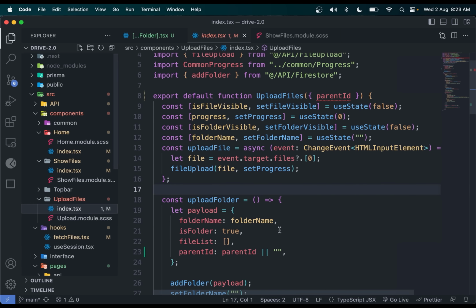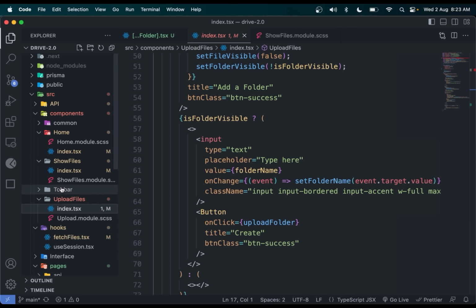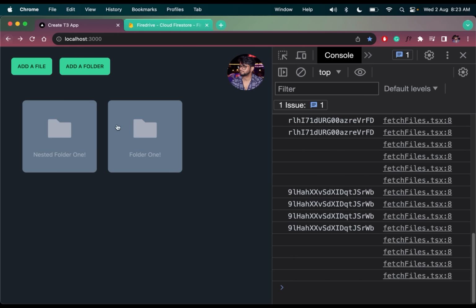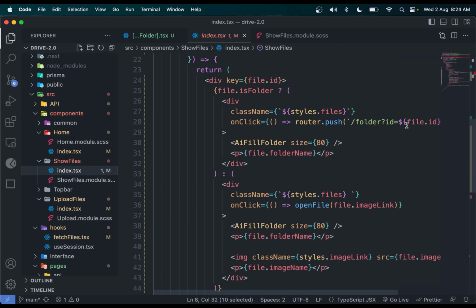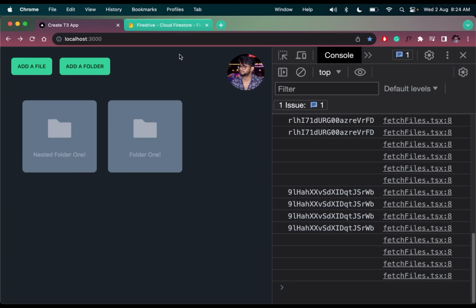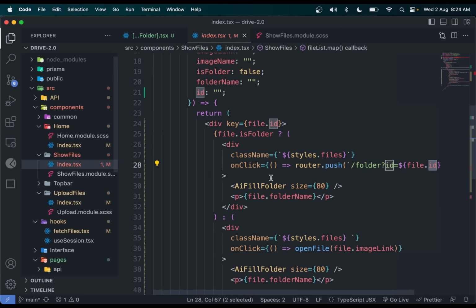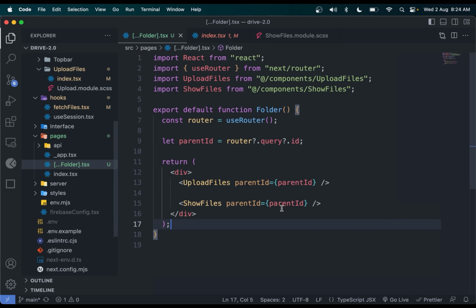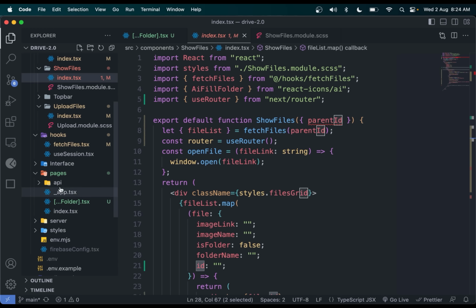So if I come to this upload files, no. Okay, where is the base of this? If I am clicking this show files, we are just, okay, this should be not ID. Should this be ID? I think yes. Okay, let's see how it goes. What we need now is, we are having the show file. It is a little bit confusing, but fine. Open